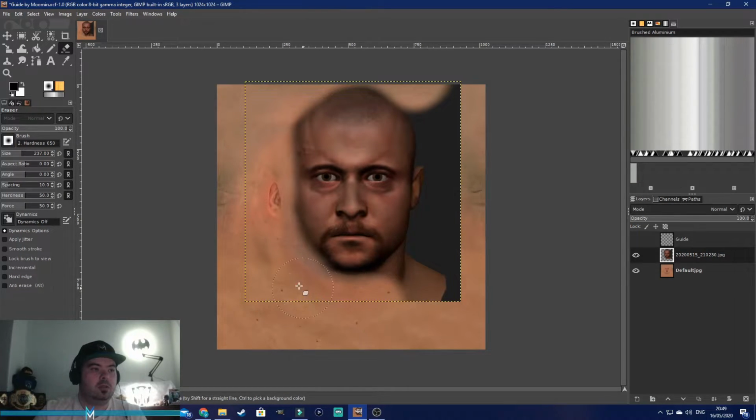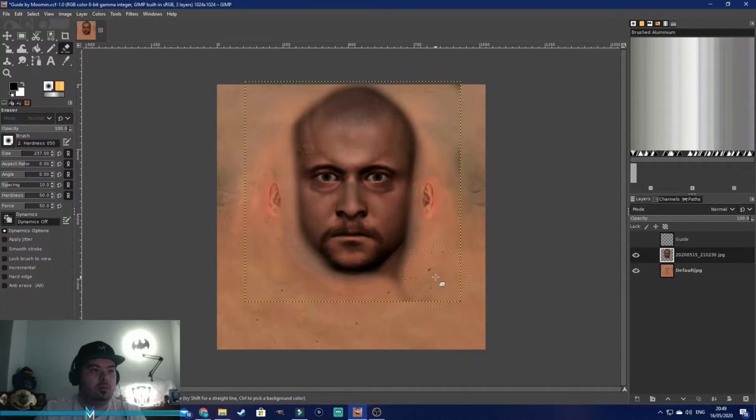To quickly change anything you don't like, what you've done, you can press Ctrl and Z. You're going to end up with something like that. Okay, straight away I feel this isn't the best quality shot of Karrion Kross, but it's the best